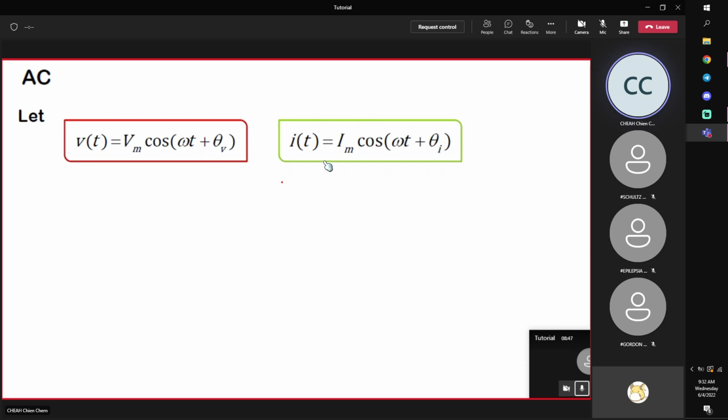Okay, good morning, class. This tutorial is about AC power, and let me try to link to the previous tutorials and how we approach the problem. In the previous tutorial, we learned how to analyze AC circuits. AC circuits basically consist of